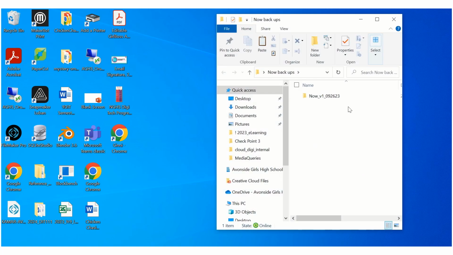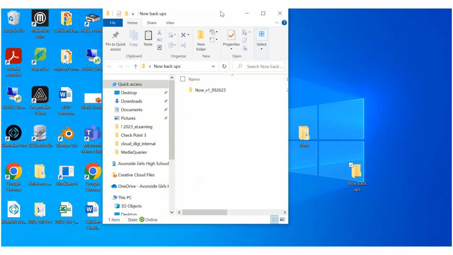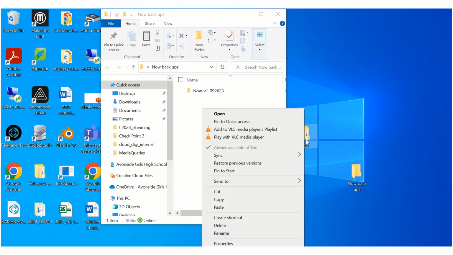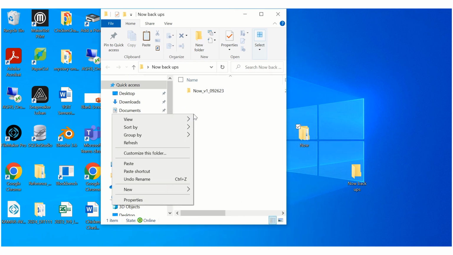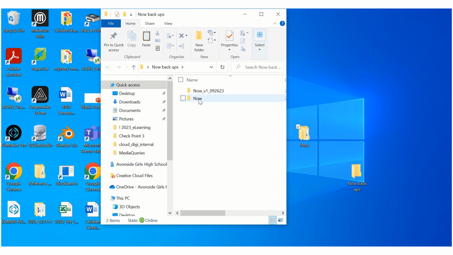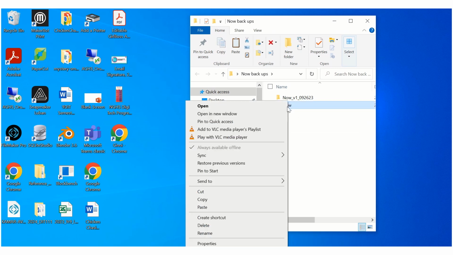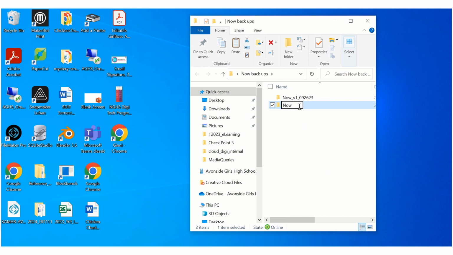So let's just see. I've already done one, and I'll show you what it can look like again. So I've finished here. So it's now the next day. I'm going to copy, and in my backups area I am going to paste. There it goes. File name's not going to be very helpful for me. I don't know what version it is, especially if we had a whole bunch of nows. So I need to rename,